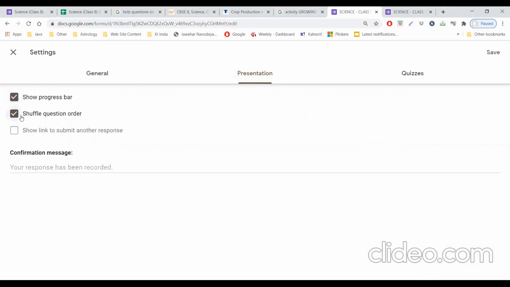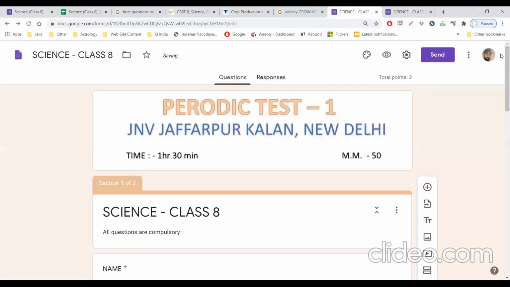Shuffle the questions, and you can type a message like, after completion of paper I want to write, thanks, your exam is completed. Just save the setting, whatever setting you change.